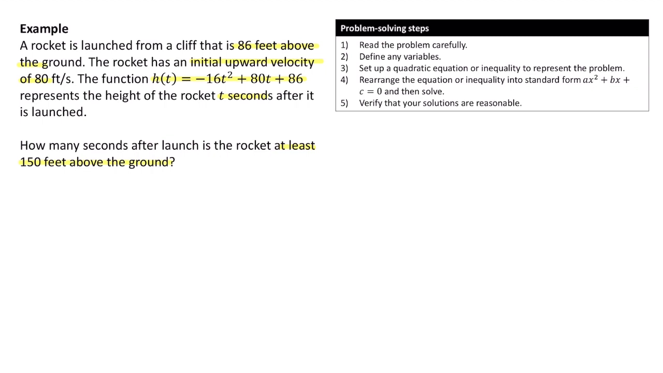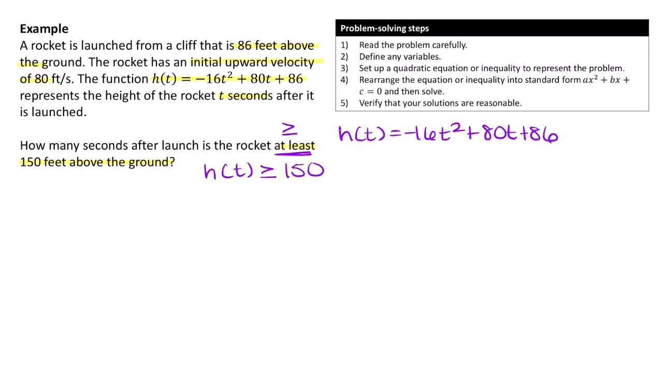So let's think about this. We have our h of t, which is negative 16t squared plus 80t plus 86. We have this very important phrase right here, at least. Remember that at least means greater than or equal to, right? So we want our h of t to be greater than or equal to 150. So that gives us the quadratic inequality, negative 16t squared plus 80t plus 86 is greater than or equal to